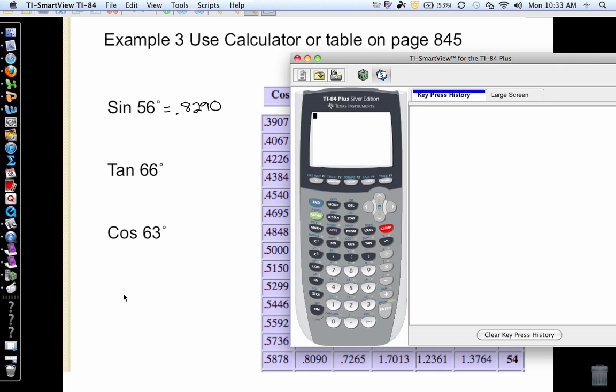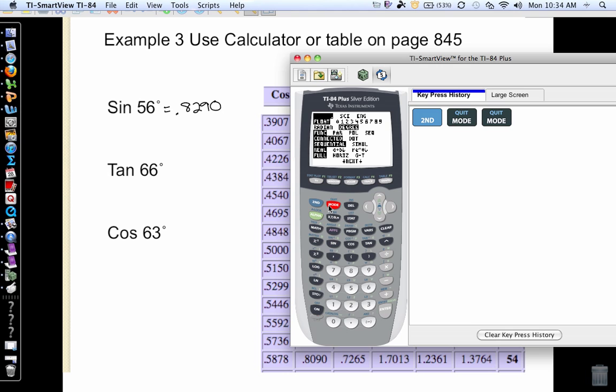Now I can also use a calculator. If you have a graphing calculator or a lot of the scientific calculators, you want to make sure that you have your calculator in degrees. So I'm going to go on a graphing calculator, and if you haven't used it yet, you may need to check this. You're going to go second and mode, or excuse me,